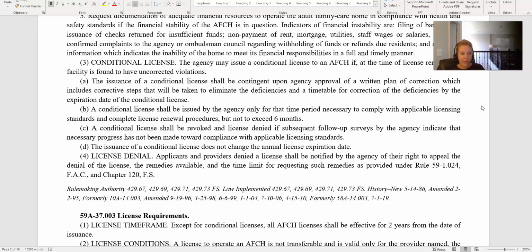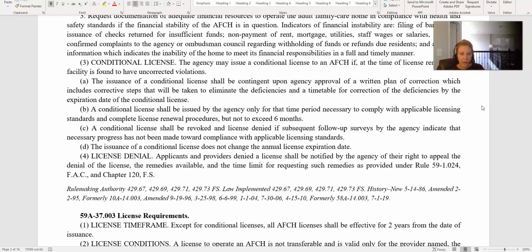C. A conditional license shall be revoked and license denied if subsequent follow-up surveys by the agency indicate that necessary progress has not been made towards compliance with licensing standards. D. The issuance of a conditional license does not change the annual license expiration date. And 4. License denial. Applicants and providers denied a license shall be notified by the agency of their right to appeal the denial of the license, the remedies available, and the time limit for requesting such remedies as provided under Rule